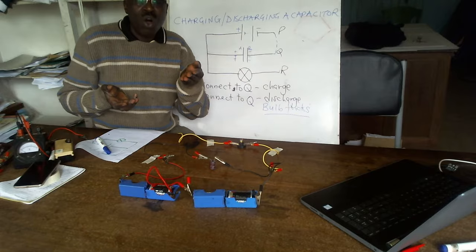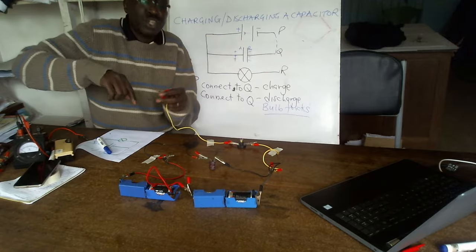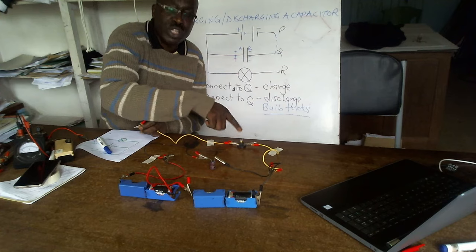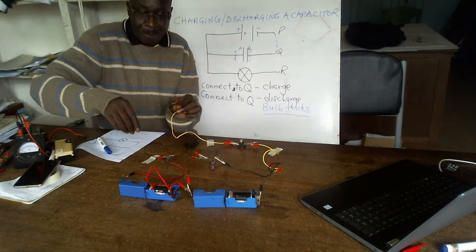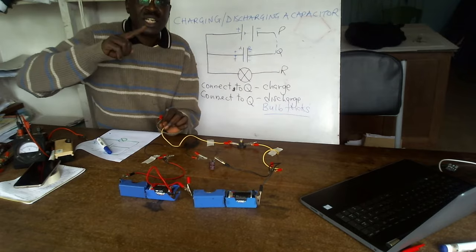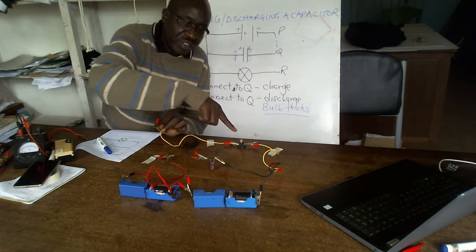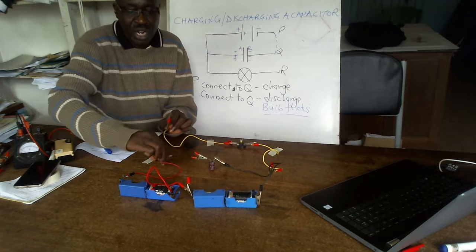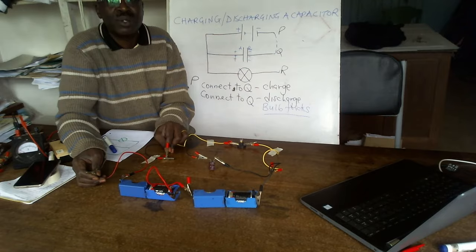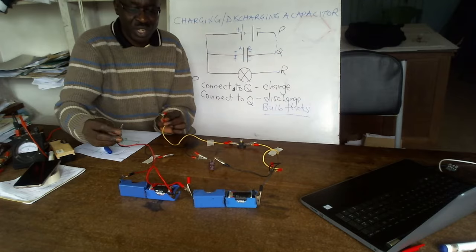So I will now remove the P and place the Q, and your observation should be on this. As I remove P, I place Q. Immediate discharge should take place. And what will show us that discharge has taken place? If this bulb flicks. So we try now. I am removing. There. Did you see that? It flicked.